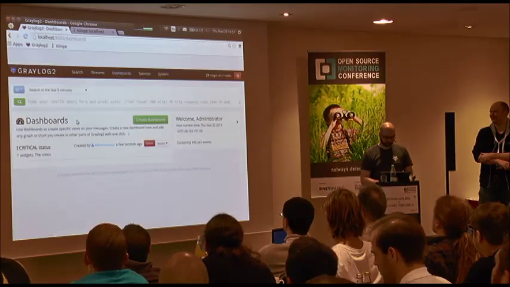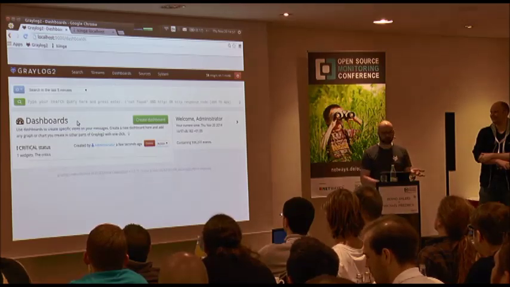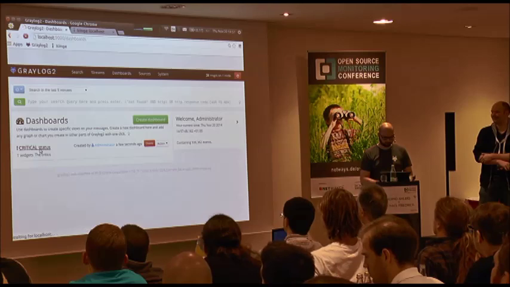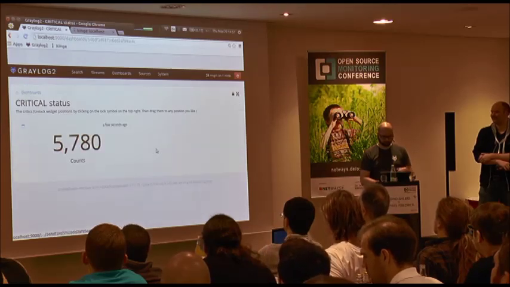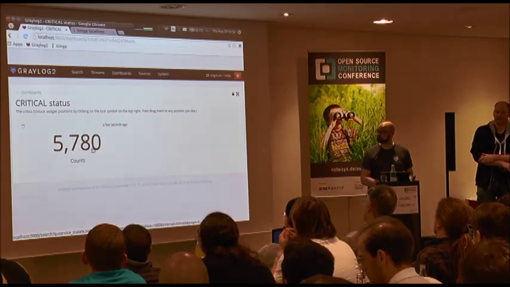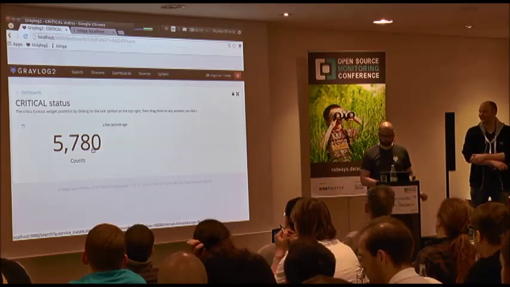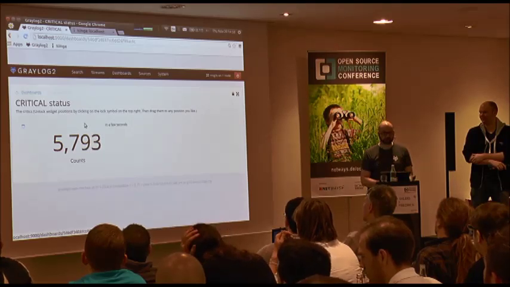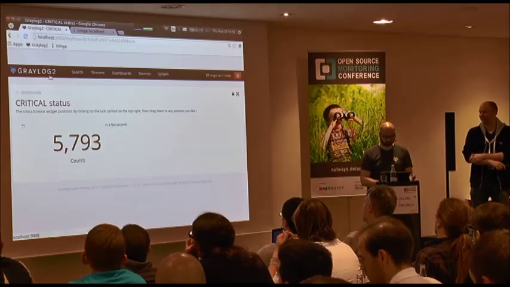And then I can go to the dashboards page, which shows all the dashboards you created. So you can have several dashboards. And you just click on that. And then, for example, you have this counter, which gets updated every few seconds, and shows you the count of critical service states in the last 30 minutes, for example.